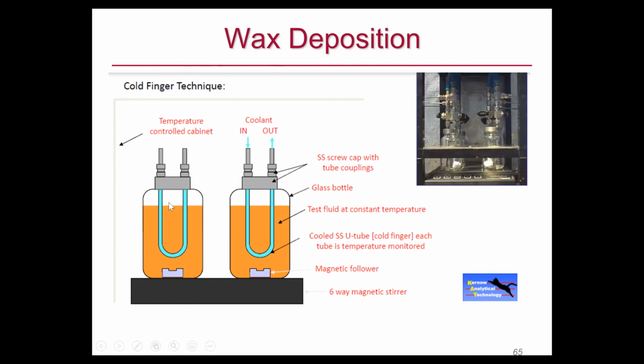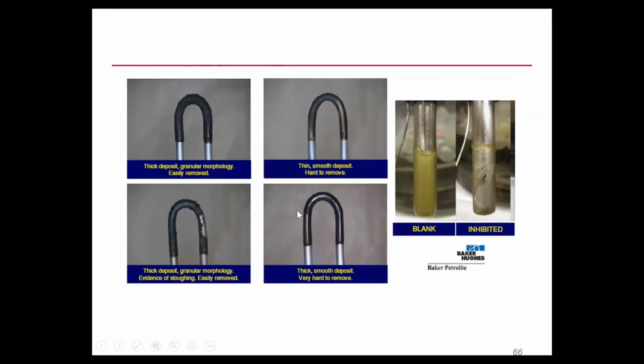This is the waxy oil, and they pass this U-tube here, and the cold fluid goes through this U-tube. After a certain amount of time, with a mixer at the bottom, they measure the amount of wax deposited there. You can see that this is the deposition when you don't have inhibitor,